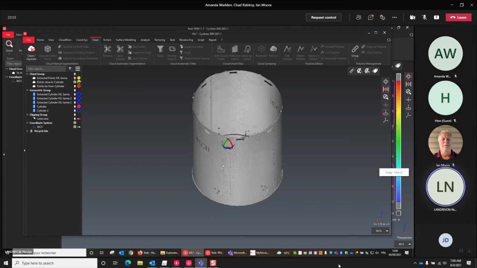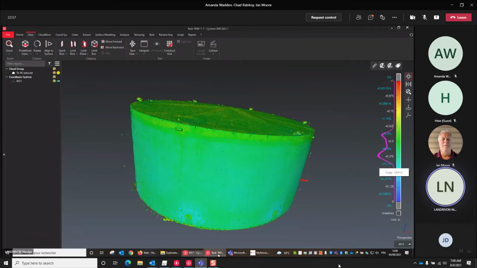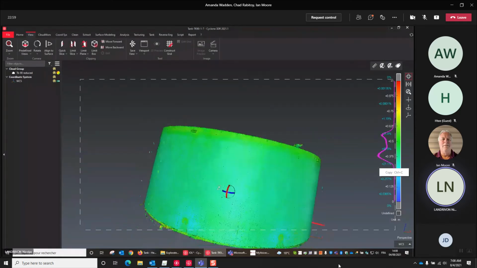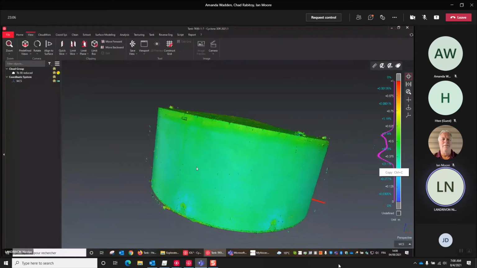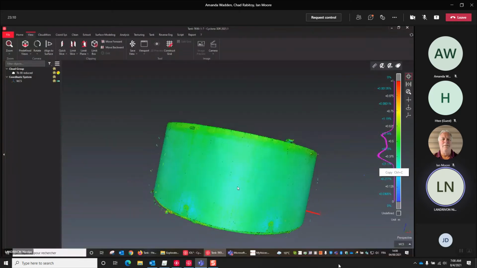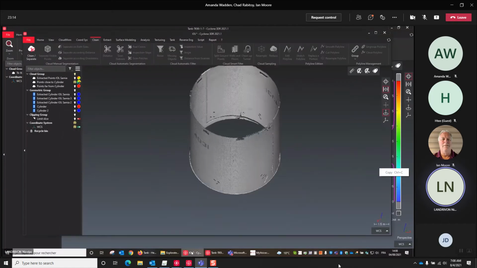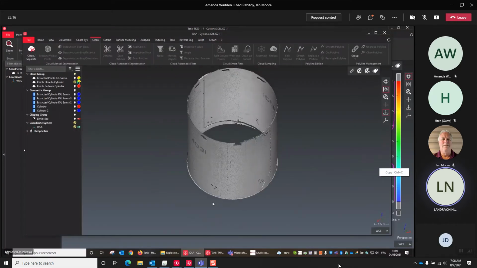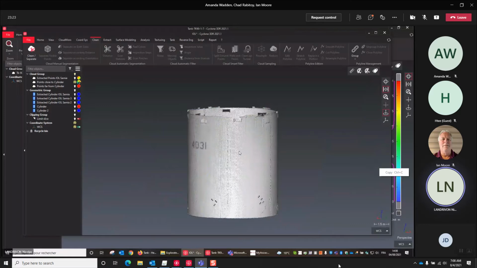So here we have only the shell, but let's imagine that for another tank you've got everything, the bottom, the top, and the shell, and you just want to check the roundness of the shell. For sure it's not necessary to focus on the top and the bottom, as you want only to focus on the shell. So this is the first thing that you have to be aware of. Don't spend too much time. Just go straight to the point, if I can say so.